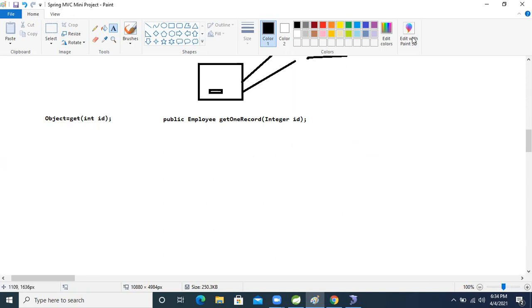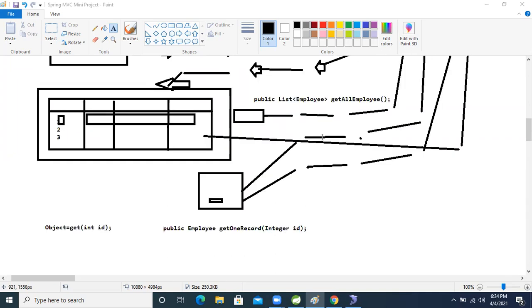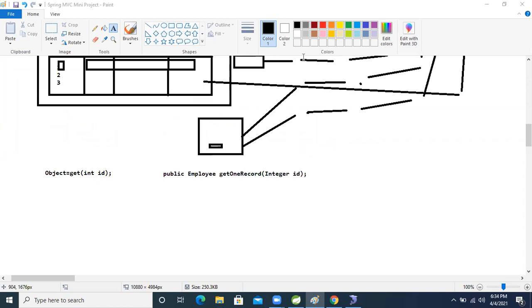Our target is that from next weekend onward we will start a new module, guys. If we become lazy here, then again our next module will extend. I don't want to extend it, because everything related to Spring MVC we have completed. I just want to give this small mini project.